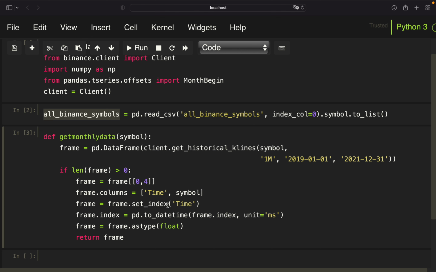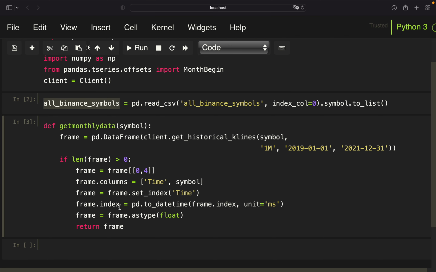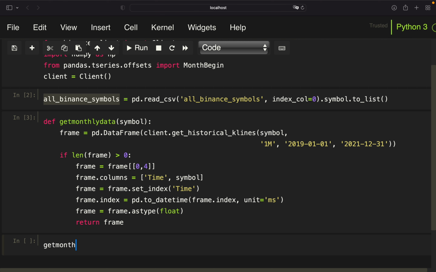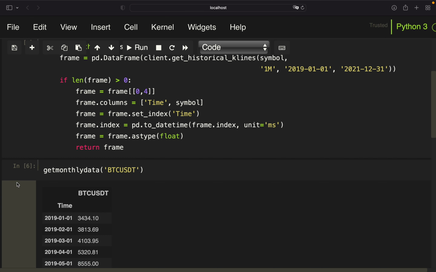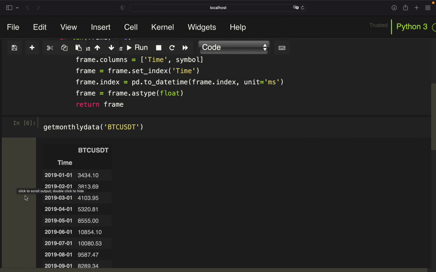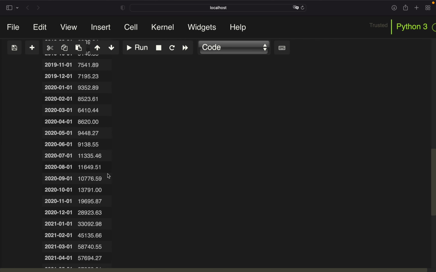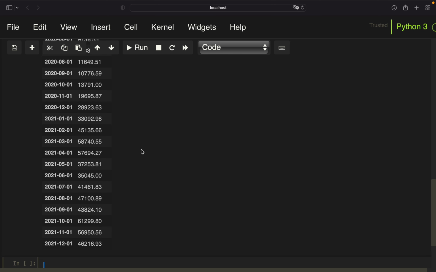Then I'm setting the index of the data frame to the time column, and I'm converting the Unix formatted index to a human readable index. And this one is converting the close column to a float value so we can do calculations. So the easiest way to show you what this function is doing is by simply calling it, get monthly data. Let's just check it out for Bitcoin. And you will see that we have monthly prices for the Bitcoin here, right? Starting 2019 until the end of